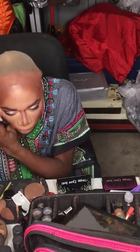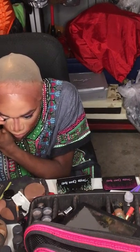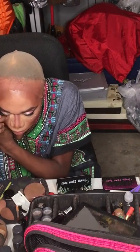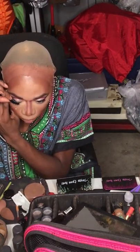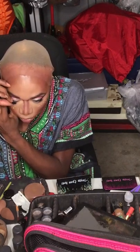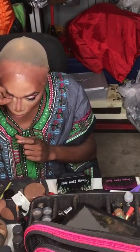This is dry, so I like to pick a corner. So the inner corner, I like to get as close to my lash line as I can. Then I like to slightly turn up the rest. It helps to open my eye. When you open your eye,